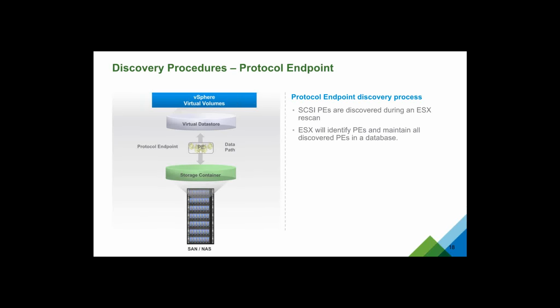So the way the protocol endpoint is discovered is largely the same way that you go out and discover new data stores now. Once vVols has been enabled in the storage system and the administrator has created the protocol endpoints, simply doing a SCSI scan will show up your protocol endpoints. And if it's NFS, it's very similar to the way that you mount NFS today, where you give it an address and a mount point, and it will find the protocol endpoint.